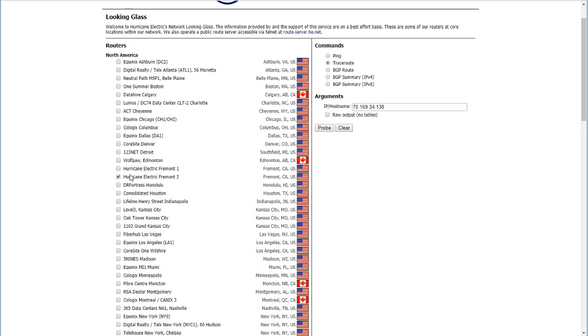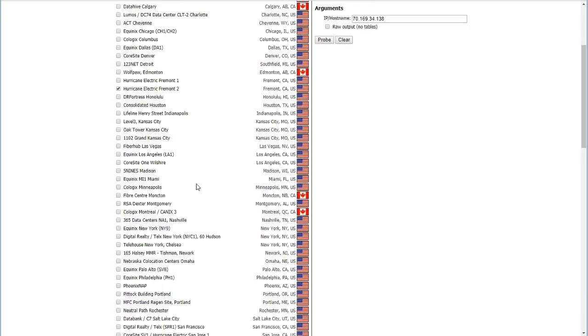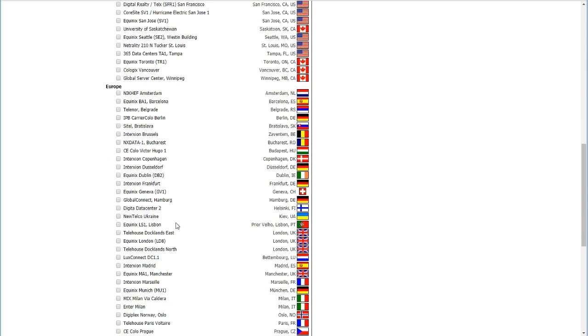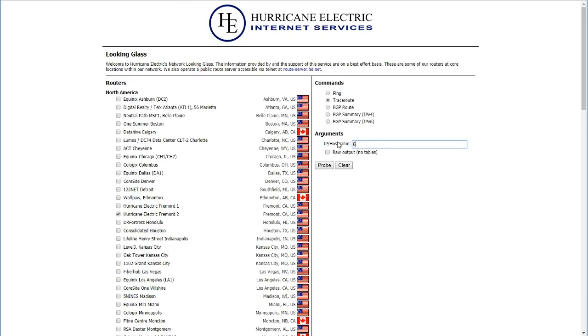This looking glass allows me to pick North America. So I'm going to say, sure, Hurricane Fremont will be one. Let's go with Phoenix NAP as another one. That's one real close to me. And we might as well throw Europe in there as well. Let's go with Geneva, good old Switzerland. Then I'm going to come over here and type in my network,